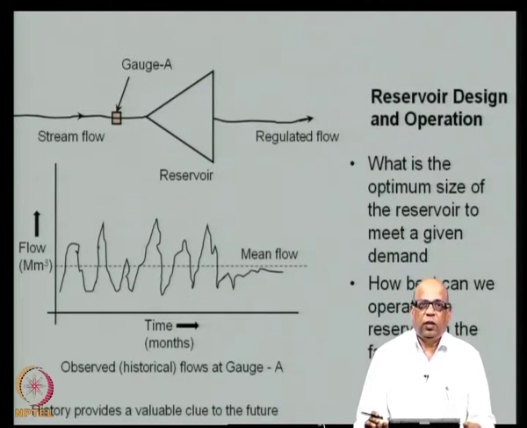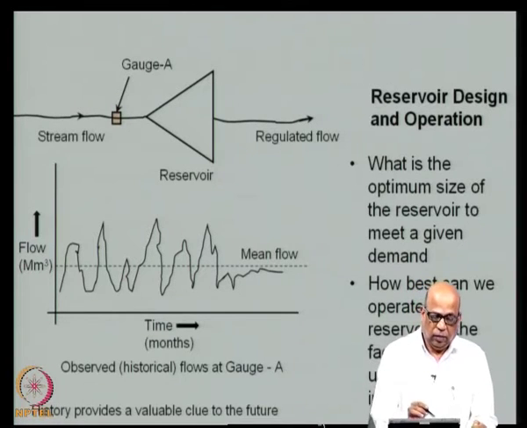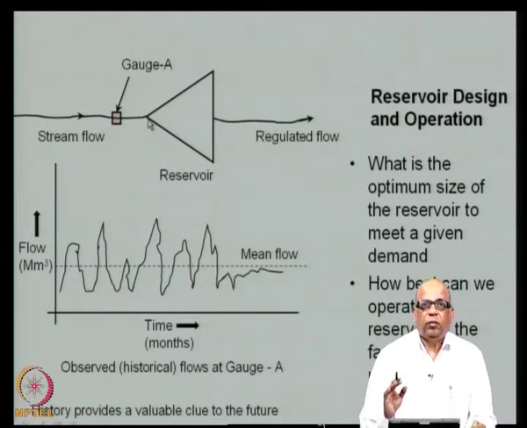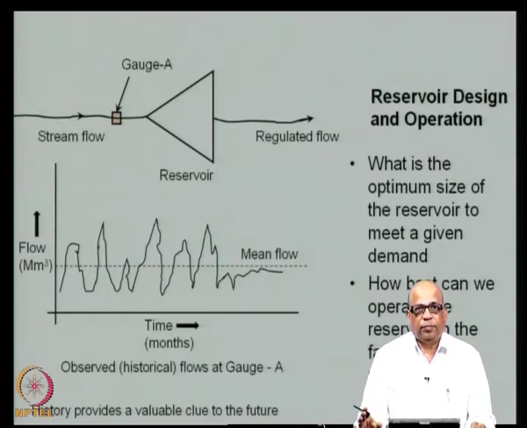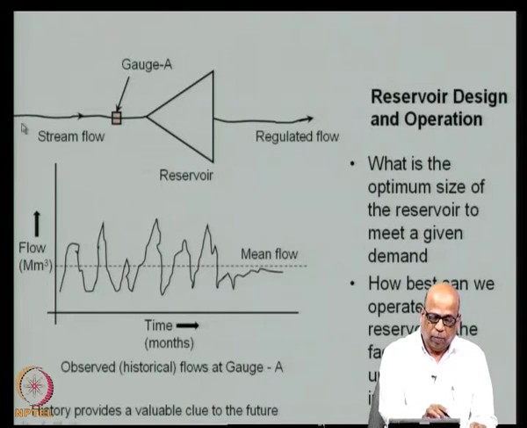So, specifically we deal with several different types of problems in water resource systems analysis. We will just go through what kind of problems we normally deal with. The first and the simplest problem is that you have a stream flow and you want to build a reservoir just to meet a given level of demands. You know the agricultural demands, irrigation demands, and the municipal and industrial demands. You want to meet these demands from a particular stream flow, for which you need a reservoir.